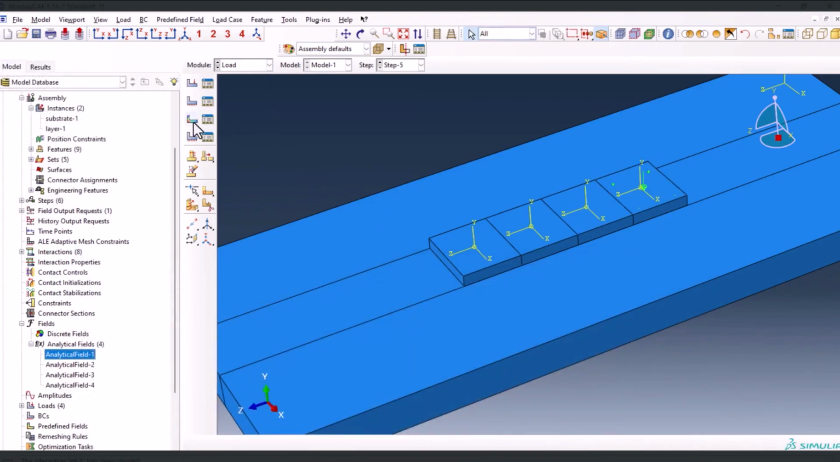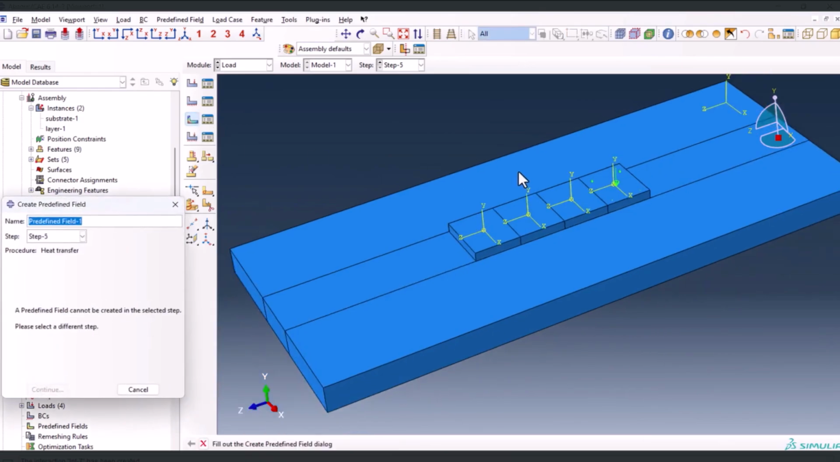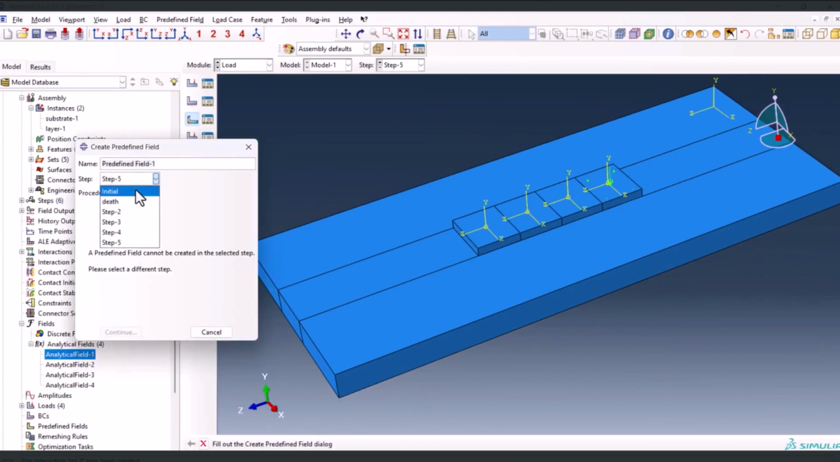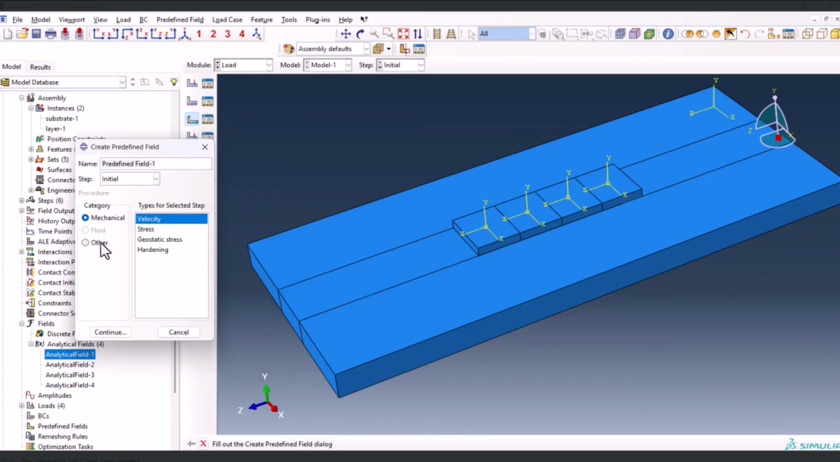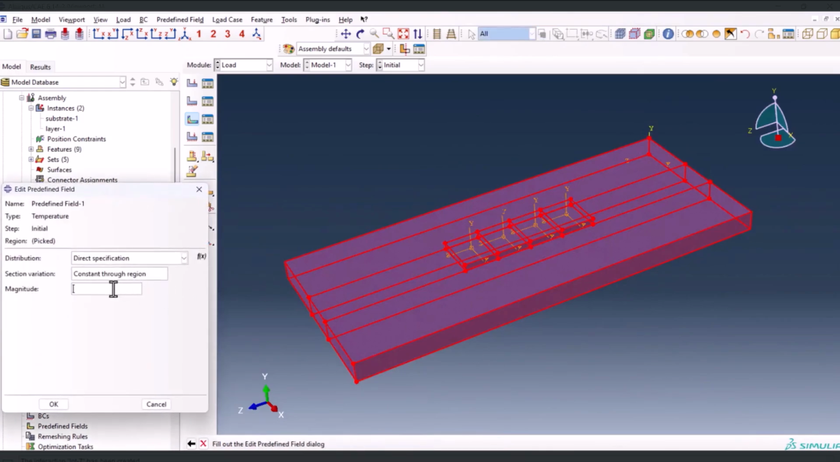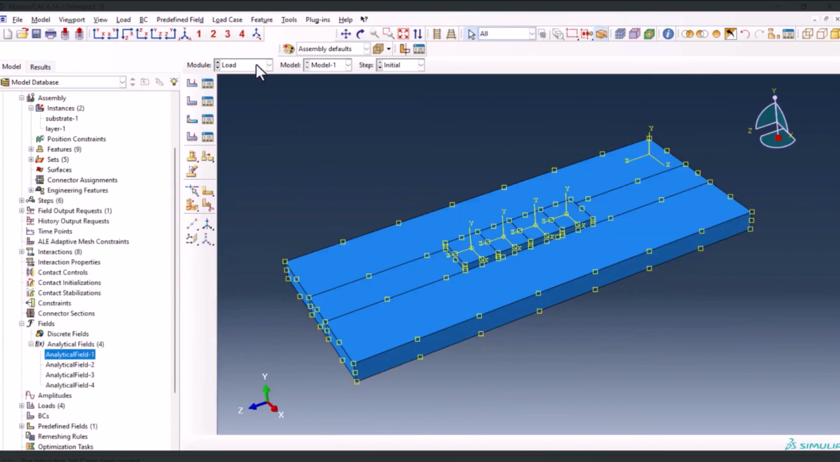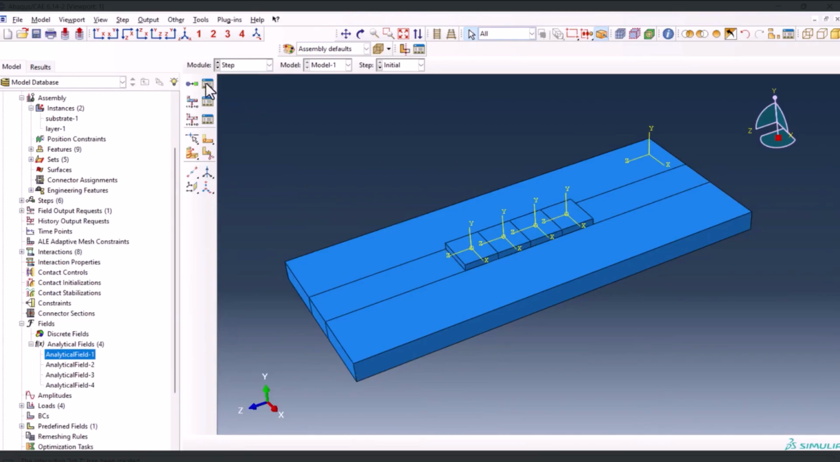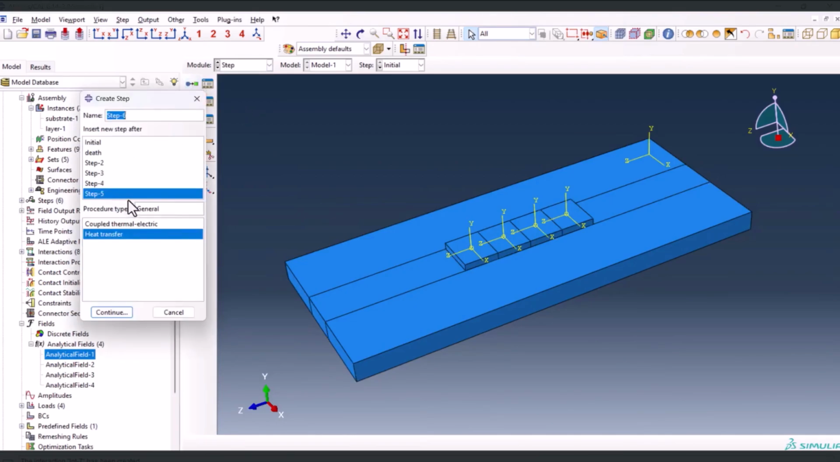Now we want to go to create a predefined field. Step initial, and it should be other temperature. We select everything and we say 25. Okay, now there are a couple of things that we should do. First, we go to step and create a cooling step. So after step 5, it should be cooling